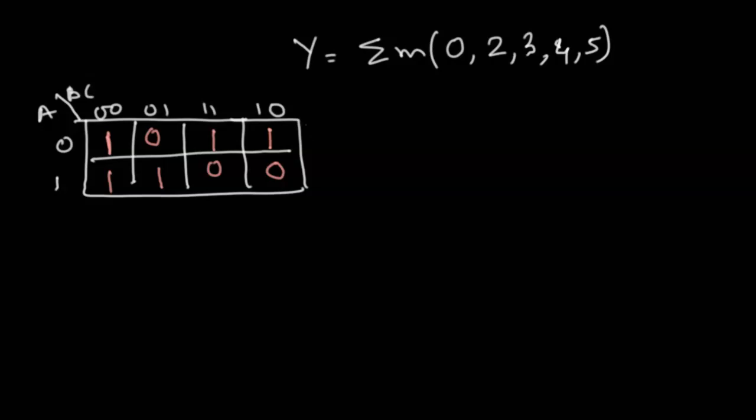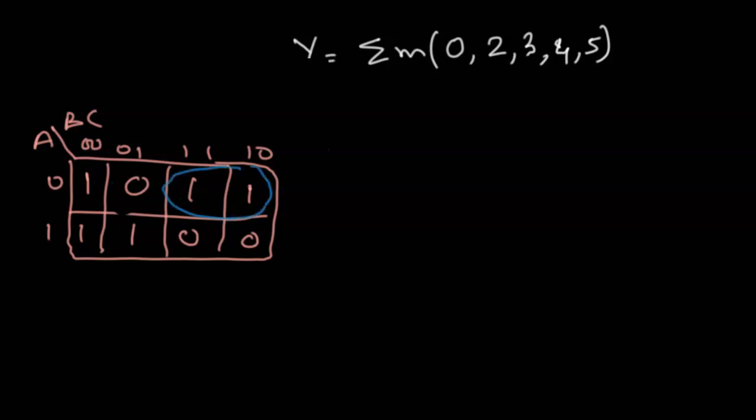So now let's try grouping the ones, starting from the highest power. As all the ones are not present in all the 8 cells, the 8th power goes. Then our next power goes to the 4s. Is there any grouping of 4 ones possible? No. So we'll move to the grouping of 2 ones. So we can see some over here. So we have 1, 2, 3. This is the 4th. But you will see that this particular one and this particular one have already been counted in my group. So we do not need to include it again. So let's draw this a bit neatly. So here are my final groups.